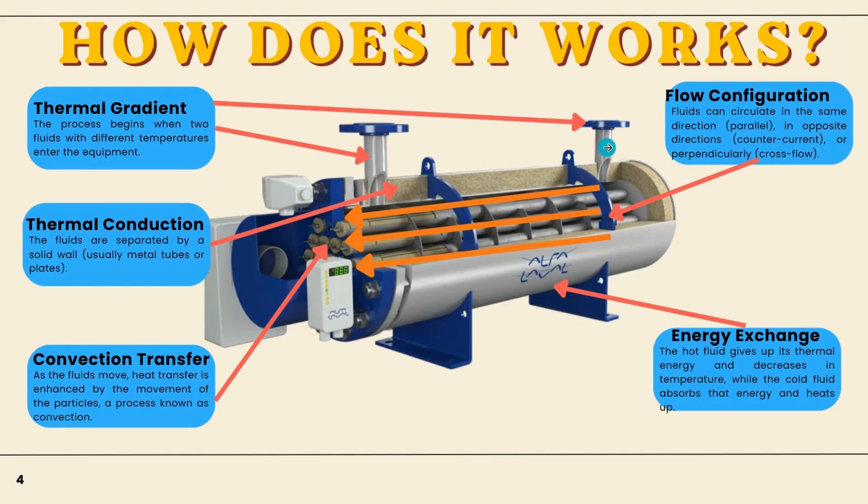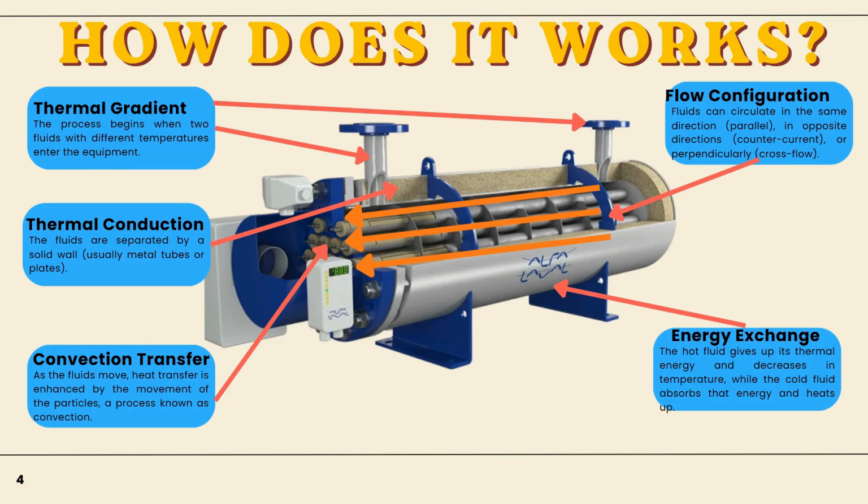How does it work? Well, we start with the thermal gradient. The process begins when two fluids with different temperatures enter the equipment. The thermal conduction: the fluids are separated by a solid wall, usually metal tubes or plates. The convection transfer: as the fluids move, heat transfer is enhanced by the movement of particles, a process known as